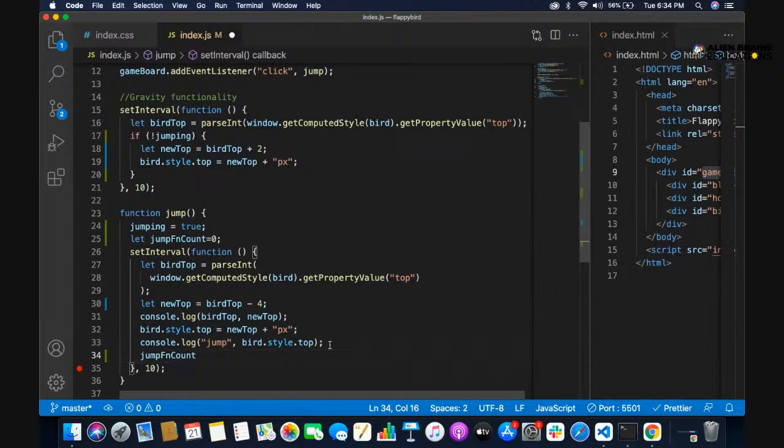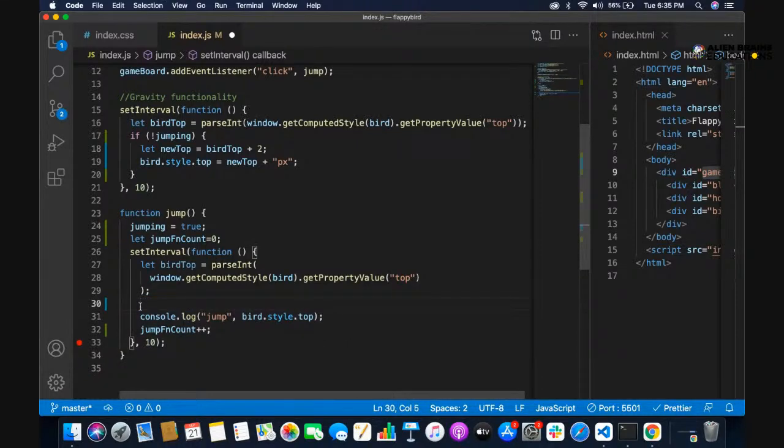So jump function count plus plus, meaning jump count equal to jump count plus 1, and we will check that after a particular number of times it will stop getting called. Also this setting of the bird.style.top, if jump count